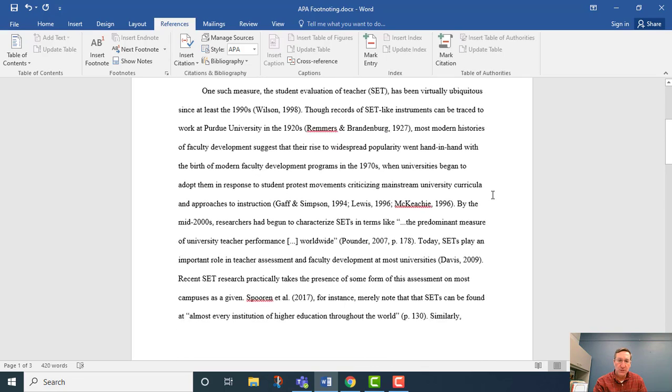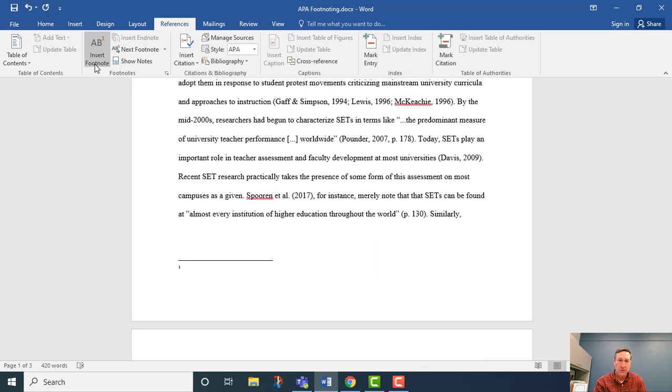And then you noticed when I clicked this Insert Footnote button that it gave me a space at the bottom of the page to insert my footnote. And that is what a footnote is. It goes at the bottom of the page. So